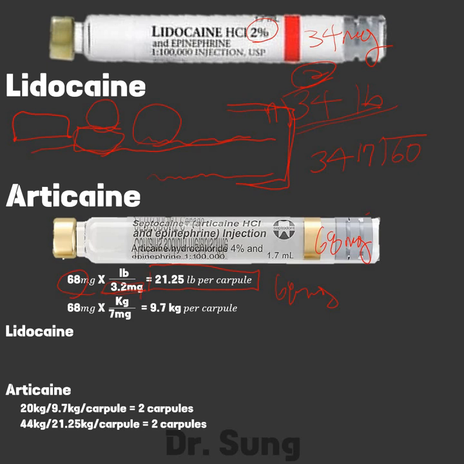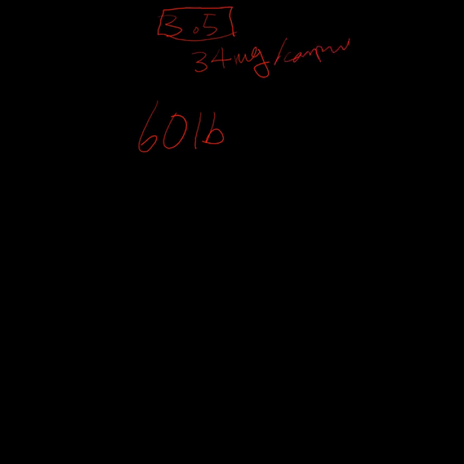But if you don't remember, what you can do is this. Let's say we gave the example of 60 pounds. A while ago, the answer was 3.5 for the lidocaine. So let's calculate again with the example of lidocaine. Lidocaine, how many milligram? Yes, 34 milligram per carpule. And for the pounds, what is the maximum dose? The maximum dose is 2.0